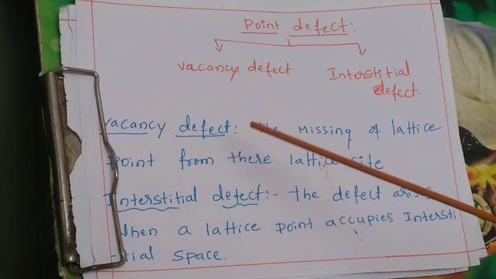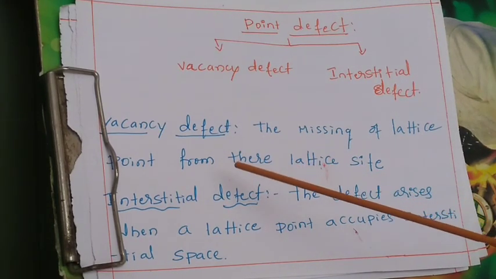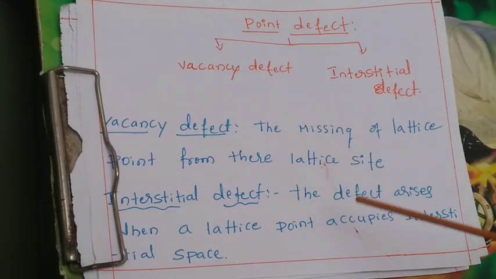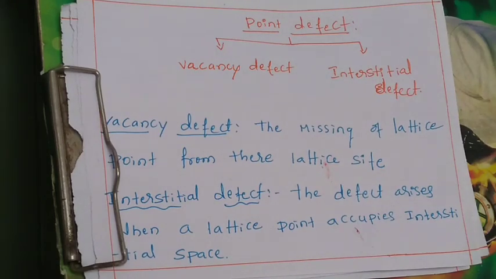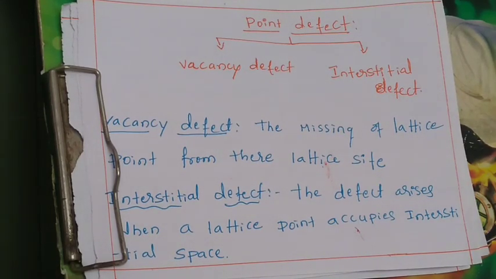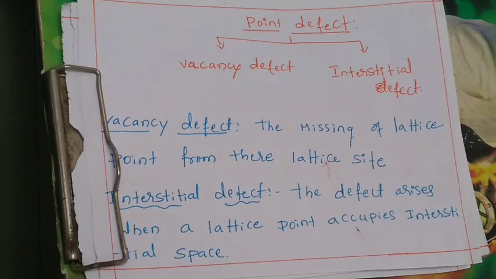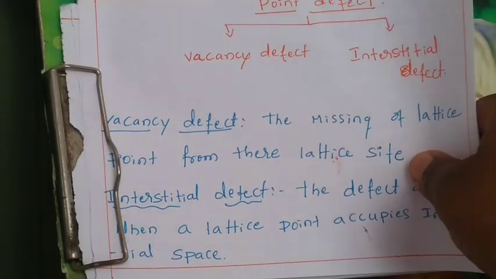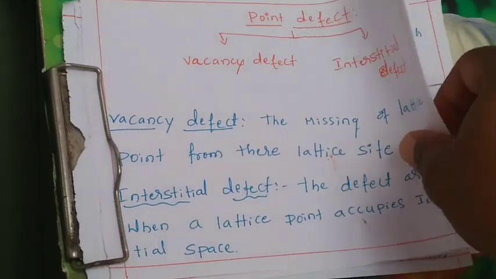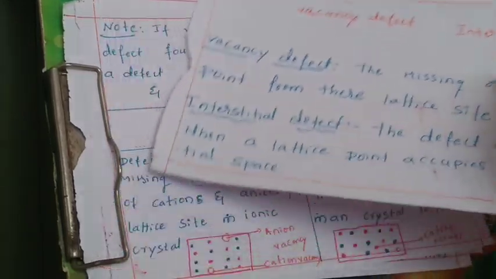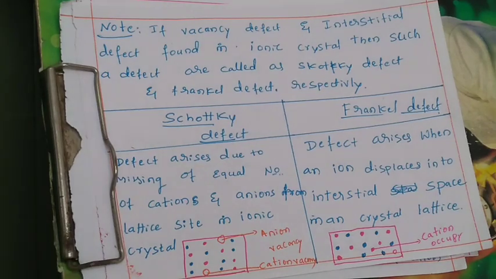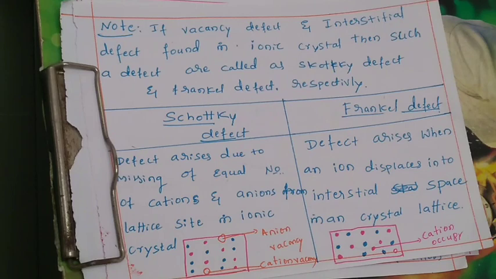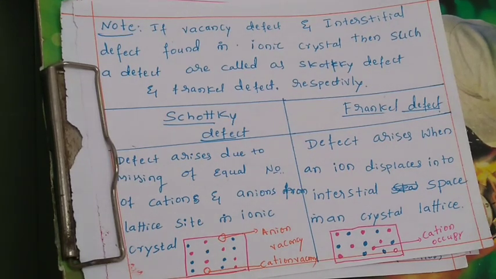The defect arises when the lattice points occupy the interstitial space is called as interstitial defect. The vacancy defect and the interstitial defect found in the ionic crystals are called as Schottky defect and Frenkel defect